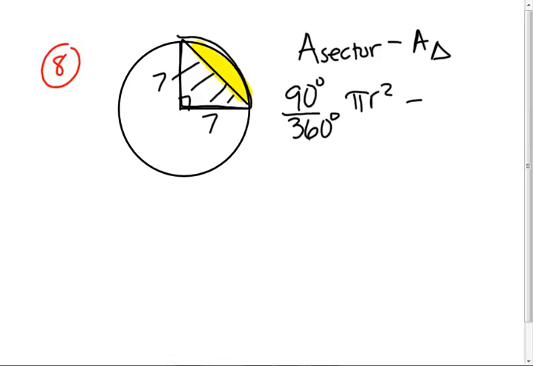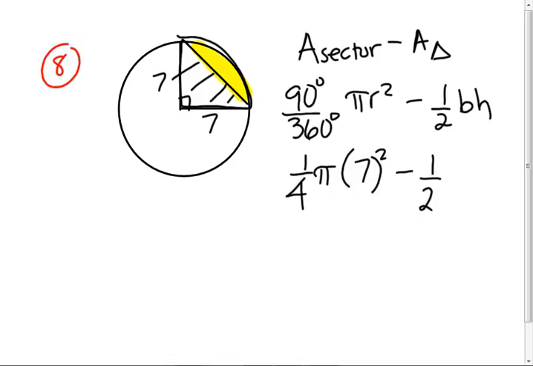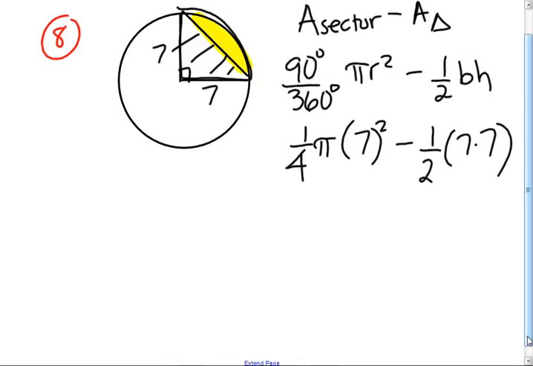Cole, what's the formula here? Cole? 1/4 pi r squared minus 1/2. Good, that's 1/4 pi. What's the radius? The radius is 7. Minus 1/2. What's the base and height? Base 7 and 7. That's right. Nice job, Sid. So this is 1/4 pi 49